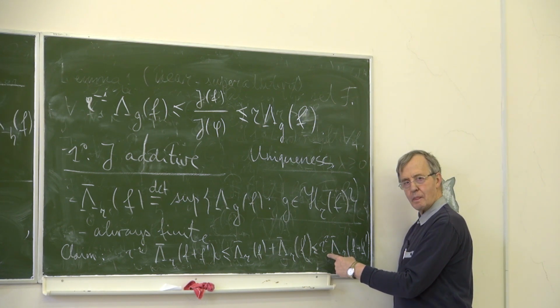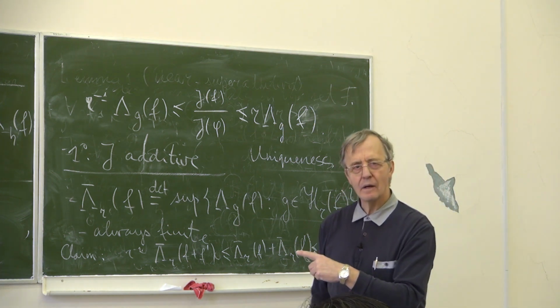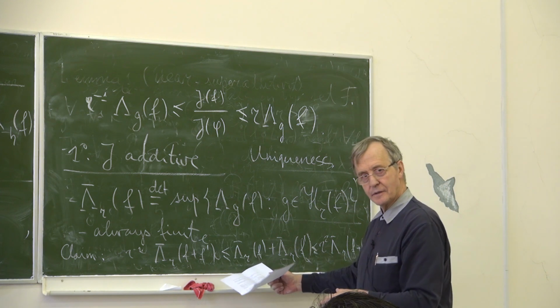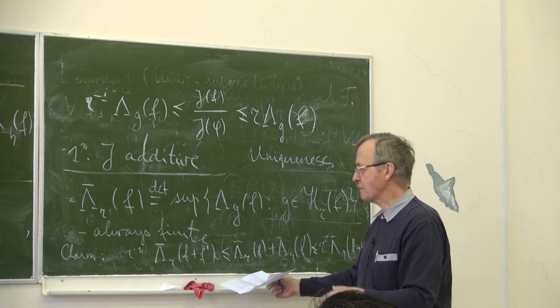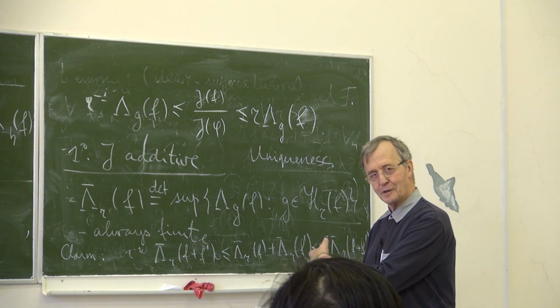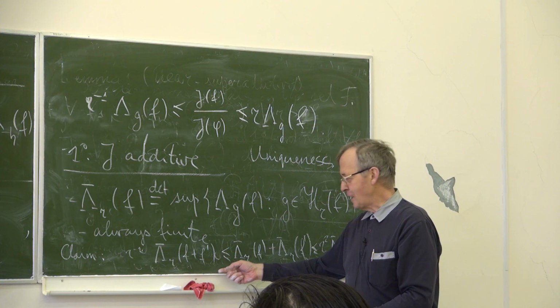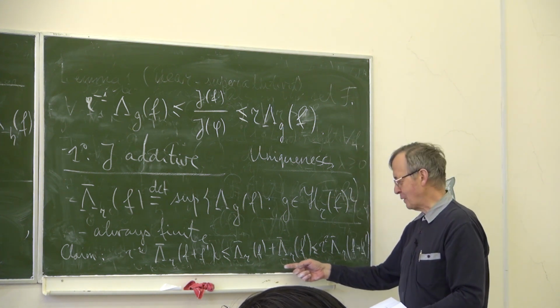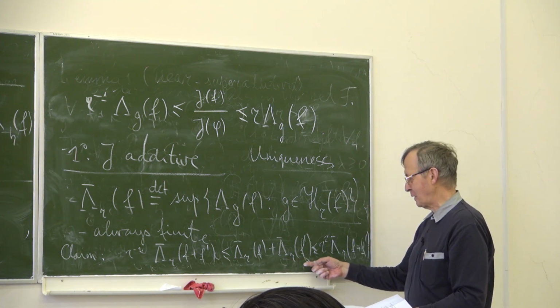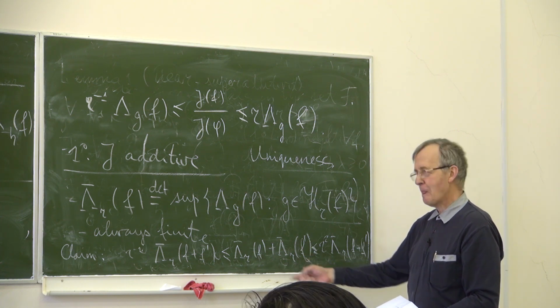Why here we have r squared? Well, I will explain this. So this follows from some chain of inequalities which I have not shown you yet. But this is a claim. I'm going to prove this. But let's stop for a moment and let's look at this. So suppose we have proved this.